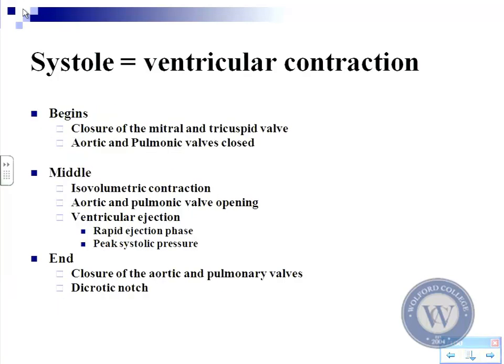Systole begins when the mitral valve and tricuspid valves close. The aortic and pulmonic valves are also closed during this time period. Then it's followed in the middle by isovolumetric contraction, and eventually the aortic and pulmonic valves open, which allows ejection to take place. The ventricular ejection is a rapid ejection during the initial phase, followed by slower ejection at the end, which is the peak systolic pressure that you're looking at there. At the end of systole is when the aortic and pulmonic valves close, and it leads to what's called the dicrotic notch. Now, the aortic and pulmonic valves do not close at the same time,